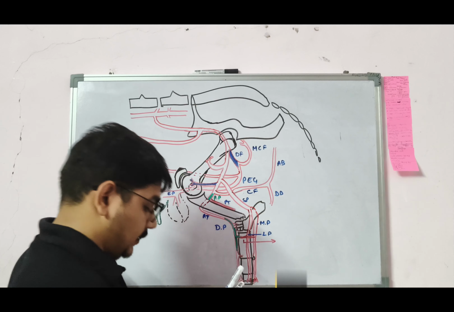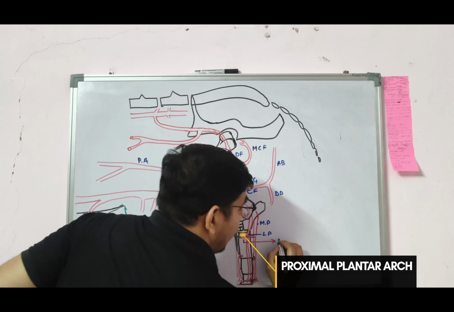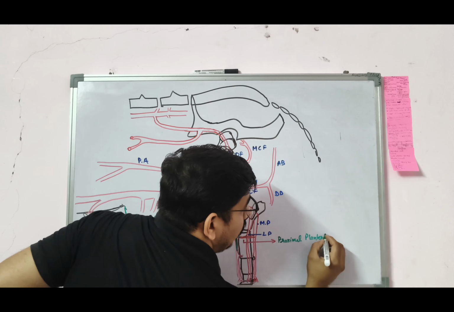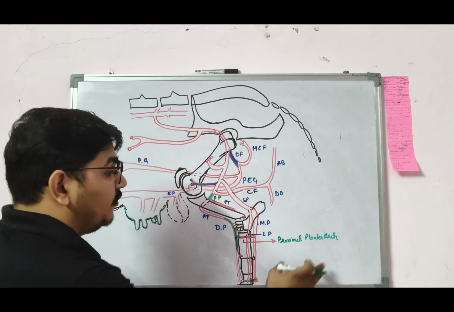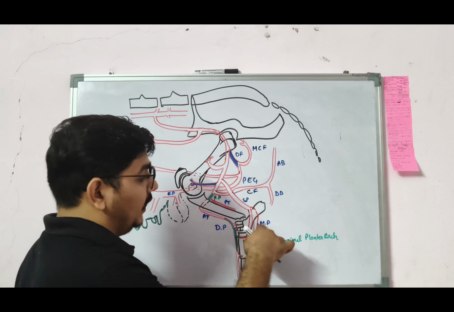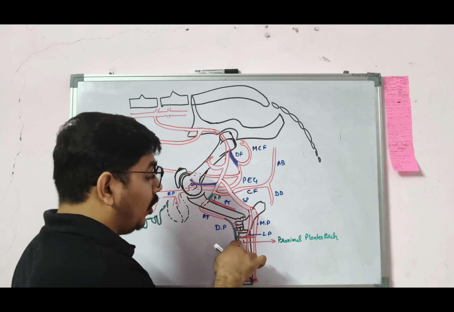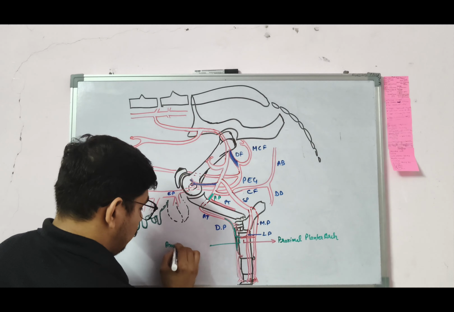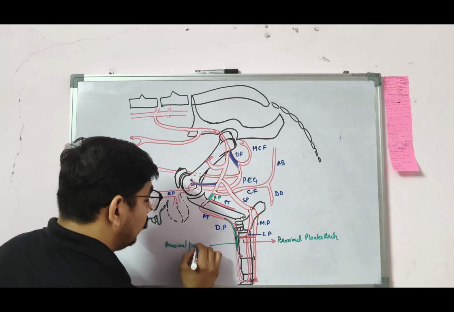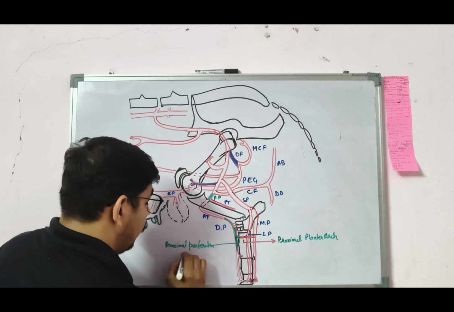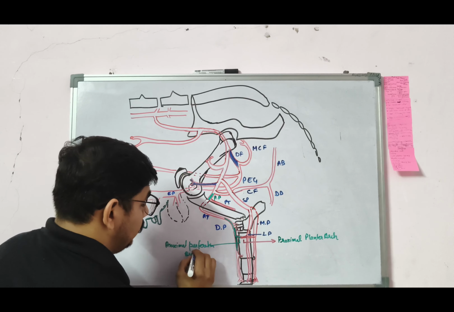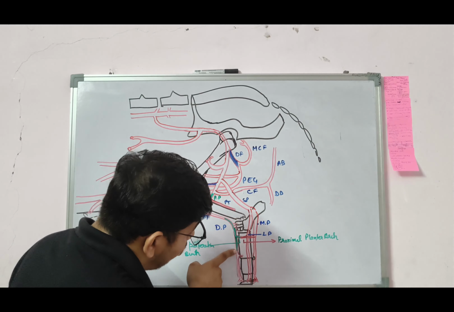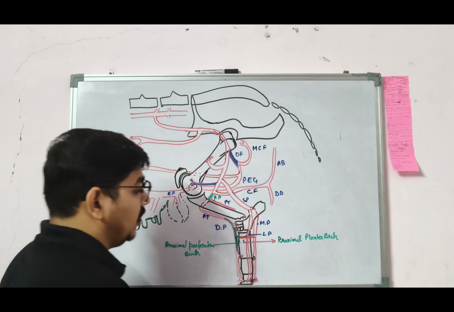known as proximal plantar arch, which is formed by the three vessels: the medial plantar, the lateral plantar, and the proximal perforating branch of dorsal pedal. Now the dorsal pedal continues, but near the distal extremity of the metatarsal,